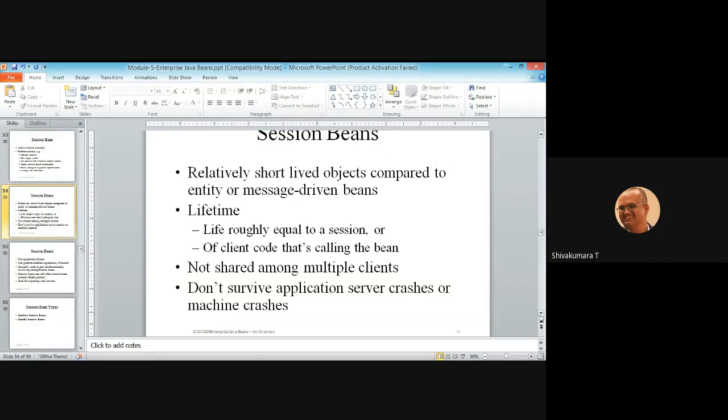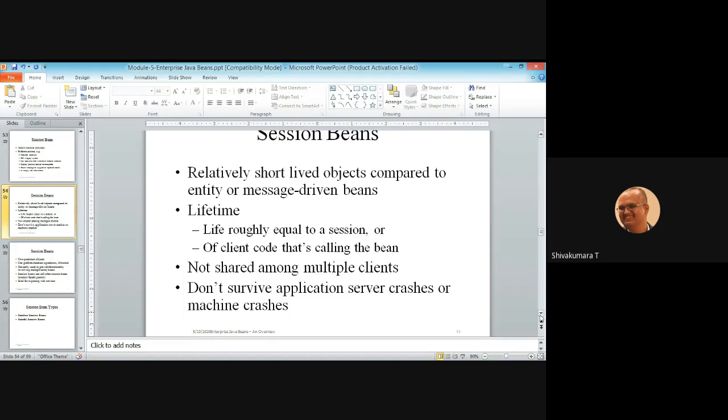The meaning of life ending is only disconnecting from the client request, but the bean still exists with the container services. So the lifetime is roughly equal to a single session of the client code that is calling the bean.